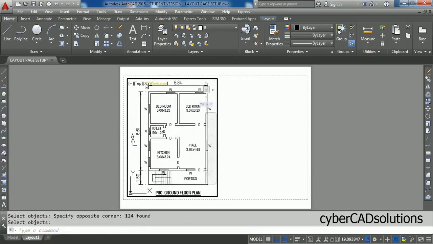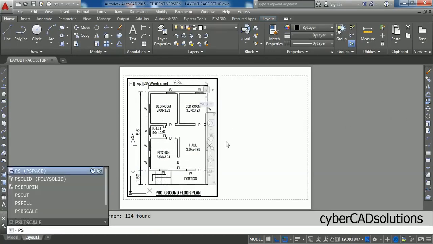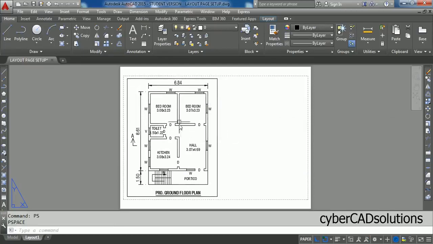So they will be set to the current viewport. Then to come out of this viewport, type ps, which is paper space, so that you will come out of this viewport. So this is how bringing the required objects into a viewport.